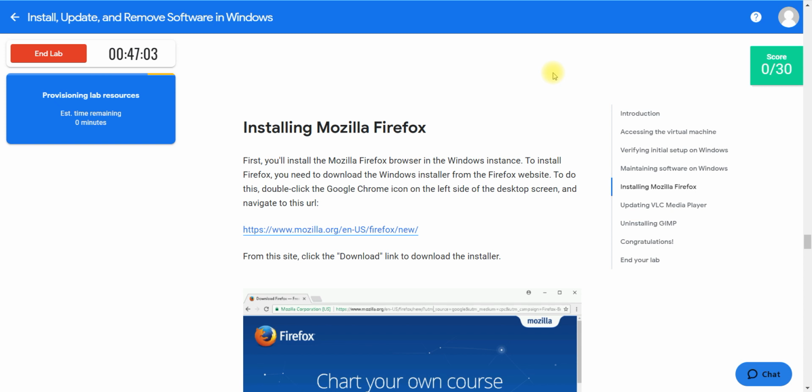Now we have to wait less than 1 minute. It is showing 0 minutes, so let's wait. You can see we are taking this long just for the IP address of the remote system. Once we get it, we will complete this work within 2 minutes, or hardly 3 to 4 minutes.